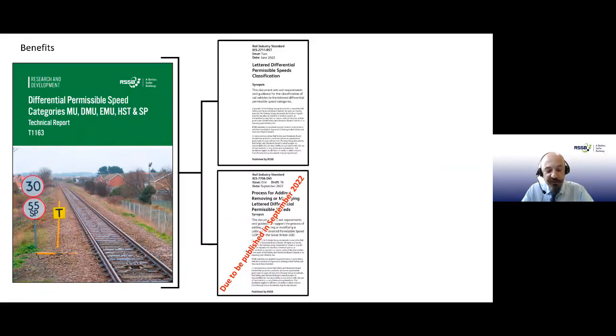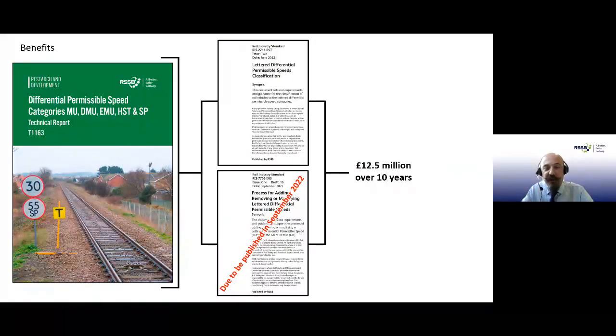So together, through supporting the industry to make continued use of the possibilities that LDPSs bring, whether through supporting rolling stock design or cascade decisions, or supporting the introduction of new LDPSs on the infrastructure, or their removal where they're no longer necessary, these standards together support an estimated £12.5 million benefit to the industry over a 10-year period,